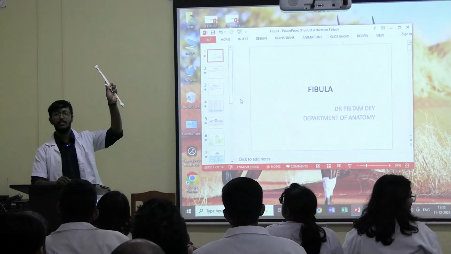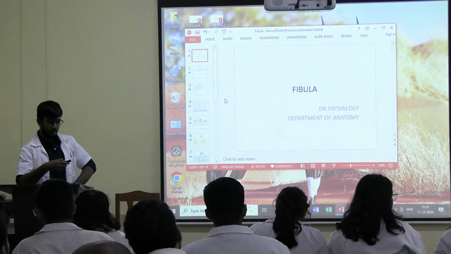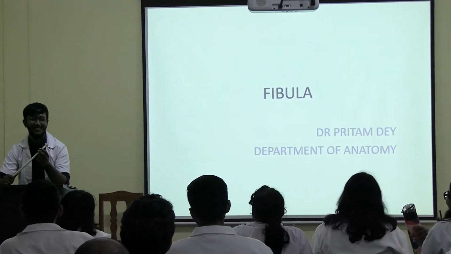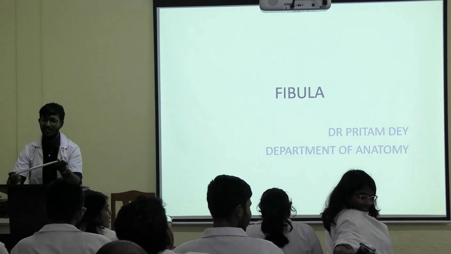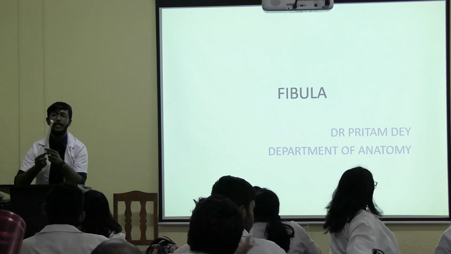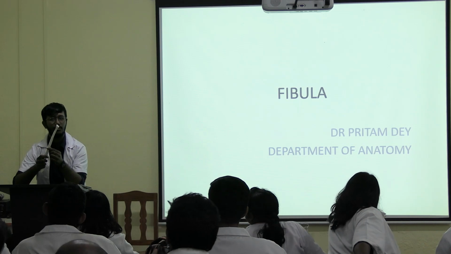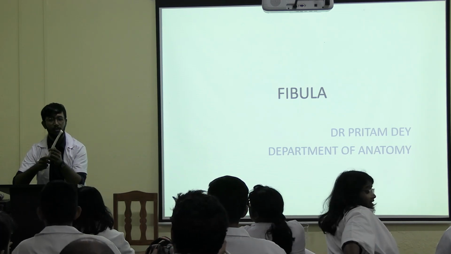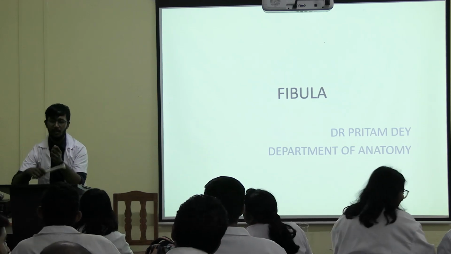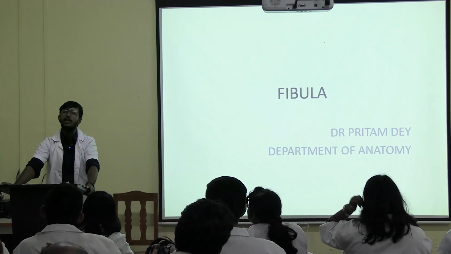Which is the fibula? The long one. So basically the fibula is a very long bone. It is homologous with which bone? Ulna. But the ulna is present on the medial or lateral side? Medial. And the fibula? Lateral. Because of what happens during our development in embryology, what we have studied, that in case of